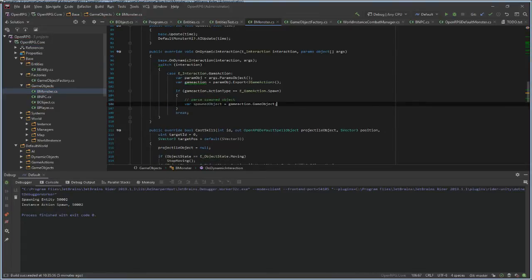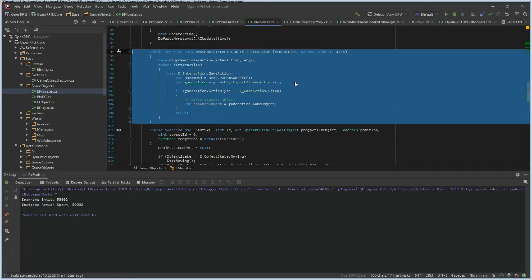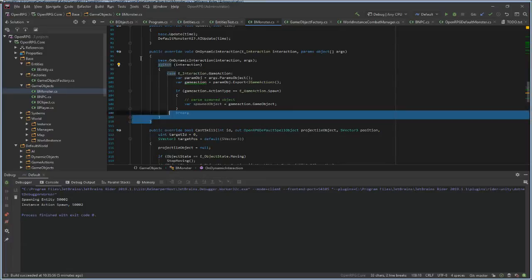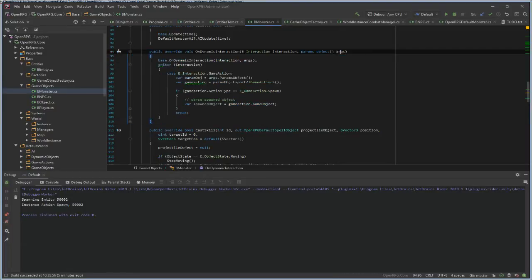So many things we can achieve with this dynamic interaction system. Just not with this switch. We have to get rid of the switch and the arguments. I have no idea how I'm going to get rid of the arguments for the dynamic interaction.